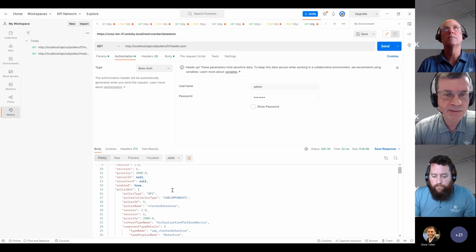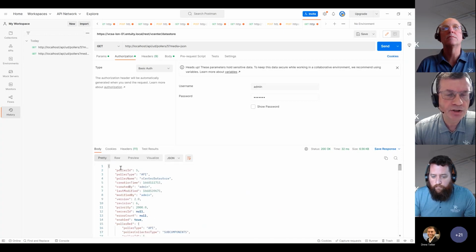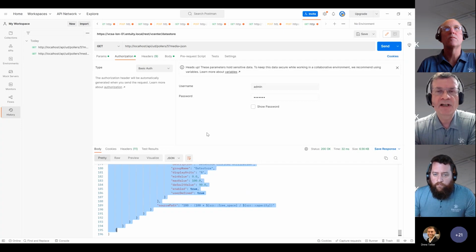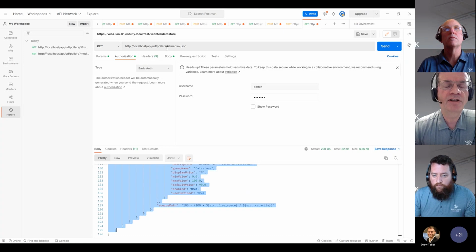Just want to point out that you mustn't give the entire body to the next step. You're going to want to take this section, ignore the beginning, start here, go down all the way to the line before the end. You don't want that last bracket. So you want that section, copy that out, and then I would hand that over to whoever's going to use it. And there is an equivalent post operation where you don't give it an ID number. That will be generated at runtime. You just give it the UDP pollers and post that portion of the body,